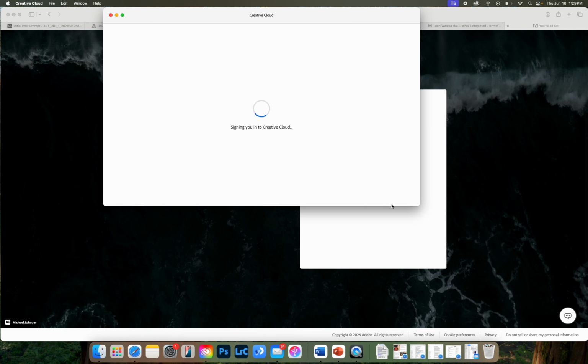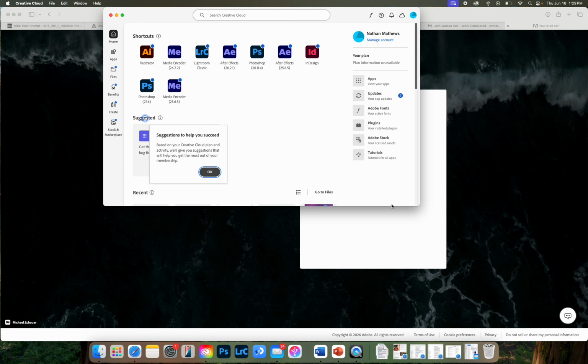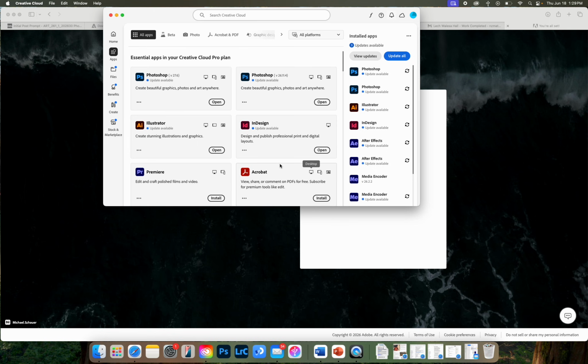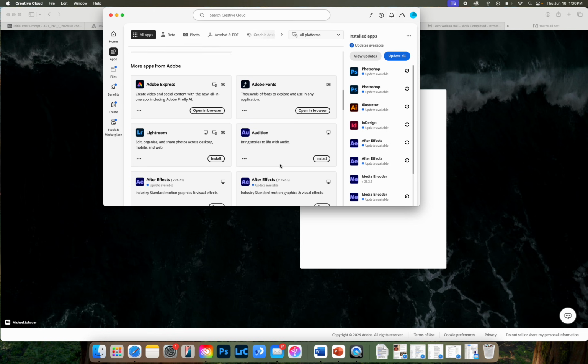If for some reason you have trouble doing this, make sure that you're in your Northeastern email. Sometimes people have to clear the cache or restart the browser, but as long as you're into your email, this should be pretty streamlined. The app is going to open up with all the different software options that you can download. You have access to basically everything in the Creative Cloud suite, but we're only going to be using one